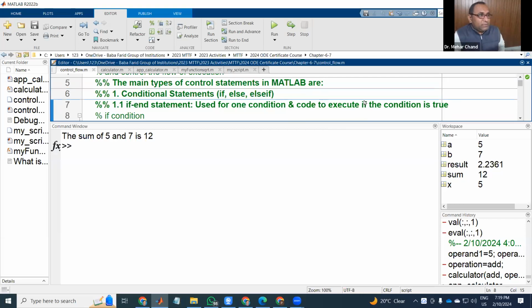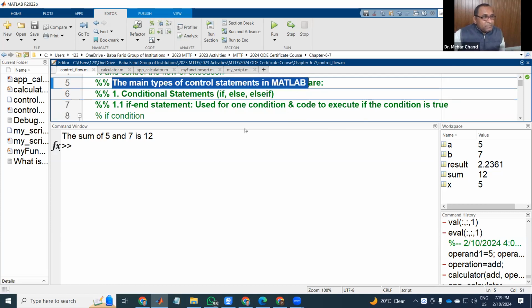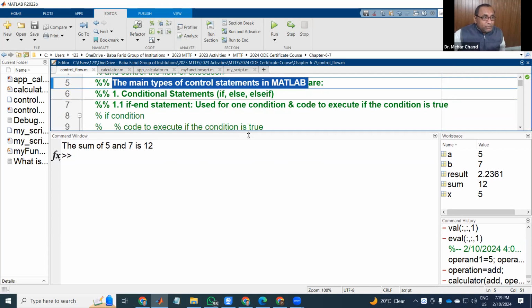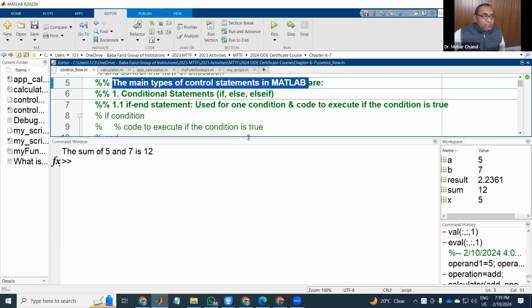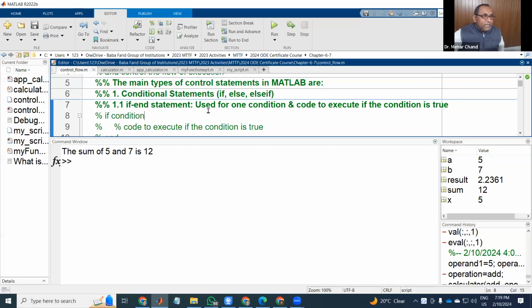So the very first statement we have is the conditional statement. The main types of control statement are given at this place, and corresponding to each I try to introduce a very simple example so that while using it, you can easily use this statement. The script is there as well as the example. See here, the very first we have